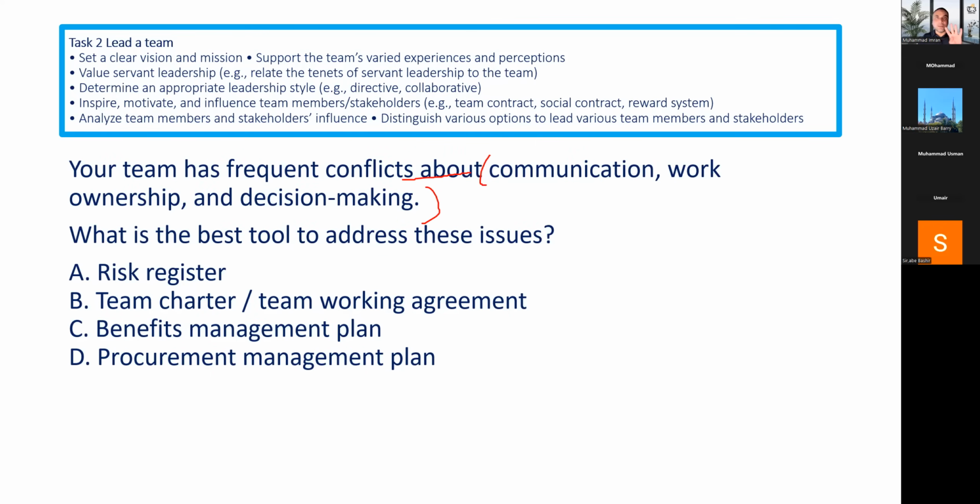There is a four-letter acronym. It's the name of the document. Exactly, Sharad. RACI, right? It means RACI is missing. RACI is missing, then what stage of team development is the team at? Forming, storming, norming, performing, adjourning. What is the stage of team development when you see these types of things? It is at the storming stage.